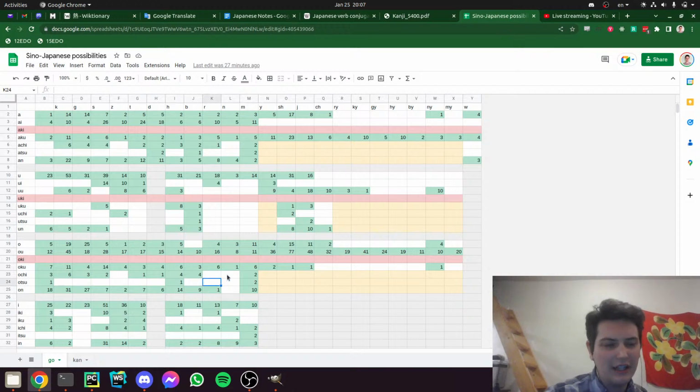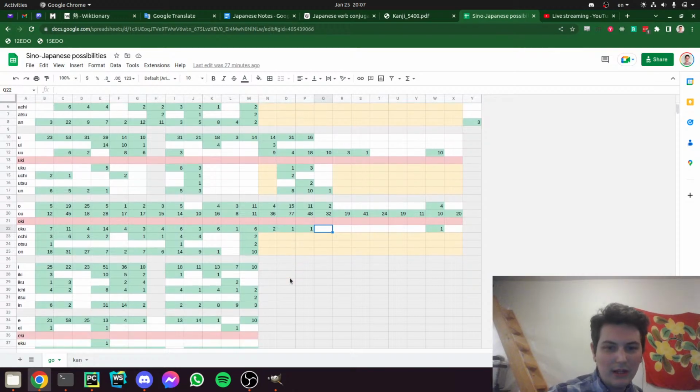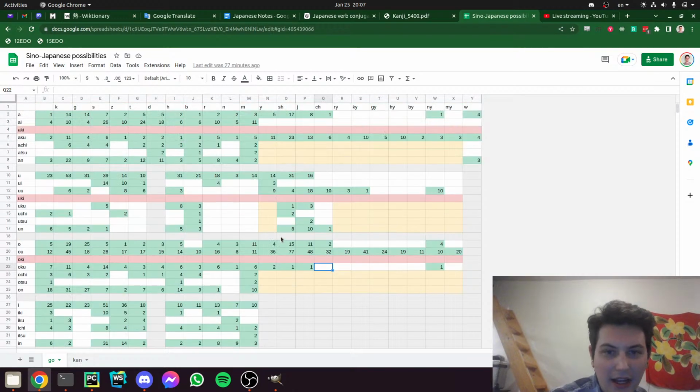Because they're usually similar, right? They're just taken from slightly different periods of Middle Chinese, so the pronunciation differences are usually pretty slight. But anyway, the way I've split it out here, the primary split I've done is between